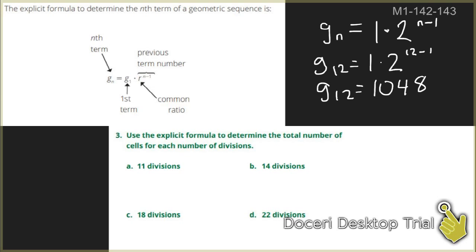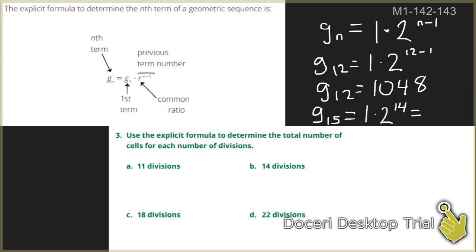Then when we go to 14 divisions, 14 really means the 15th term. We want the 15th term, not 14, because 14 divisions means the 15th term, which means that we're after the first term, still 1, times 2 to the 15 minus 1, which is 14. And when we take 2 to the 14th power,